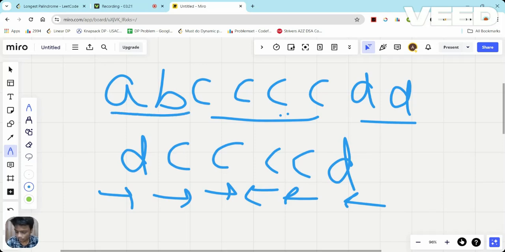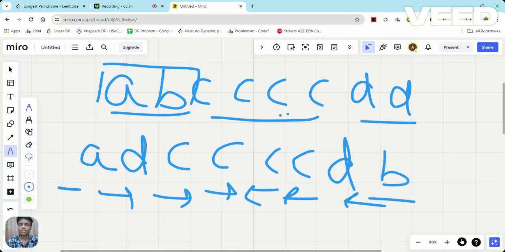Now two characters are left and their frequency is 1. Can I pick both of them? No. Why? If I pick, let's say, A here and B here, are they equal? No. It will not become a palindrome, right? So if I pick one character, can it work? Yes. If I pick only A, or only B, is it a palindrome?